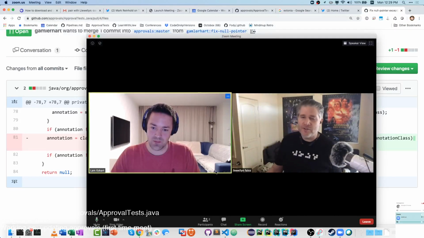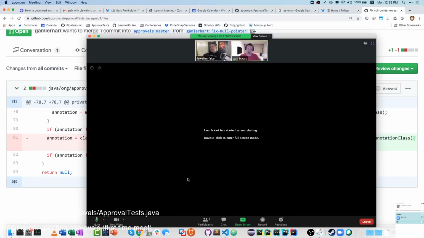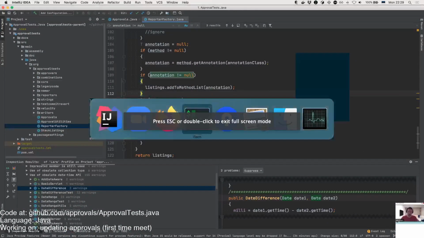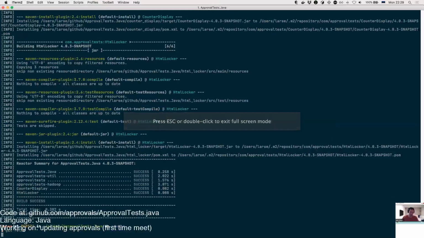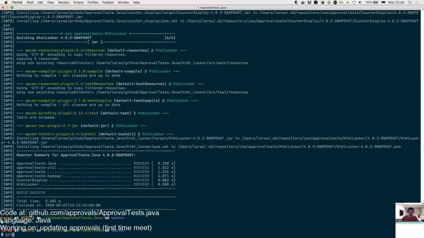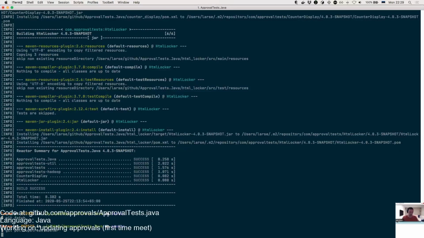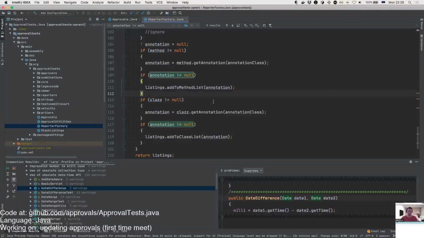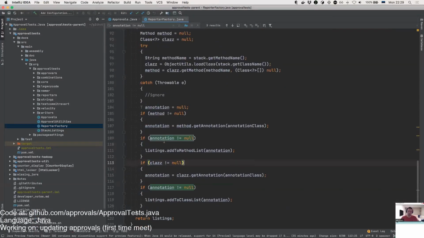Okay. So first of all, those got merged in, so grab the latest pull. Okay, all right, and so here we have if the class is not equal to null annotation.